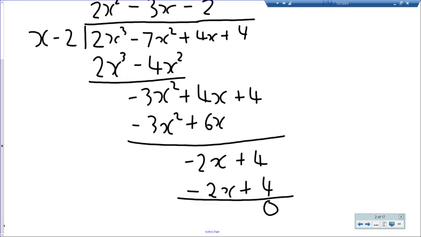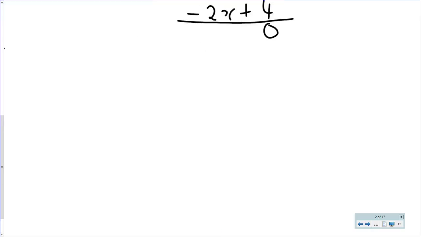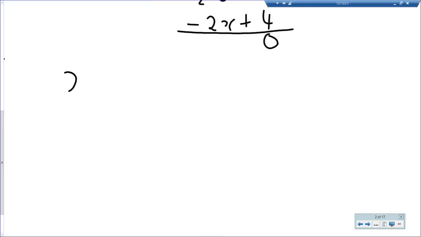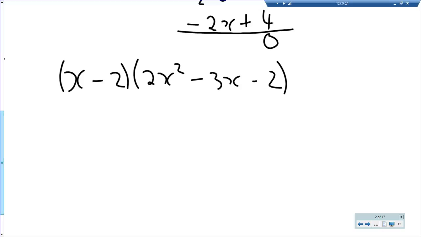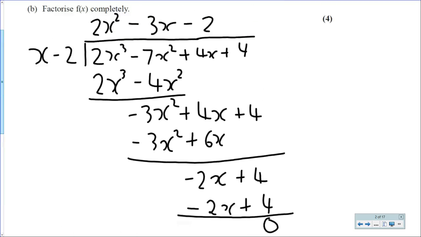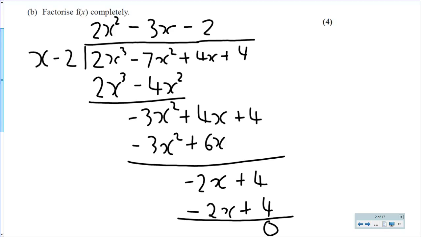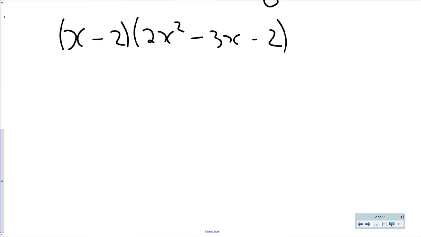I can just scroll down here a second. There we go. So x minus 2 and we've got 2x squared minus 3x minus 2. Okay, so when you times those two things together, you should get the original cubic that we started off with. Just like if you do 30 divided by 5, it equals 6, so therefore 6 times 5